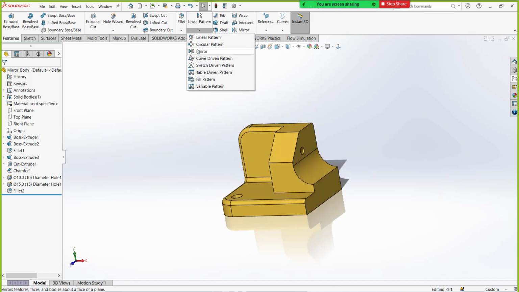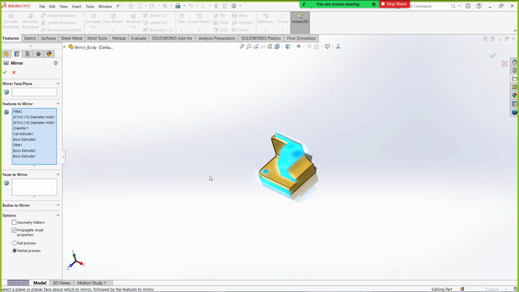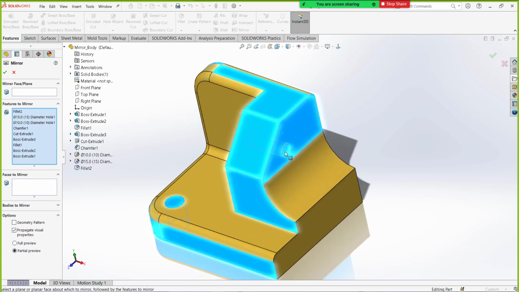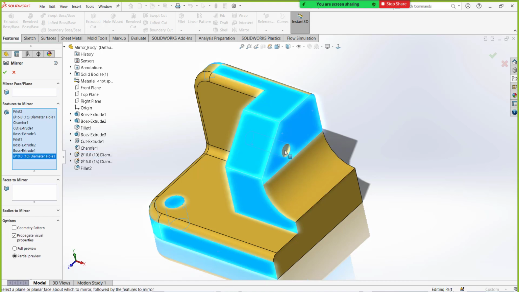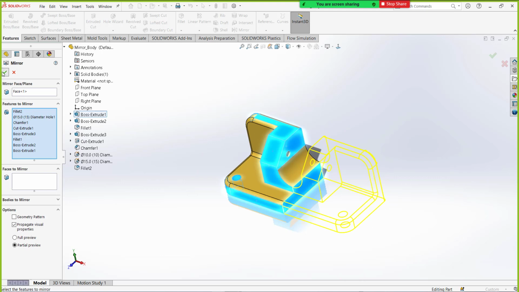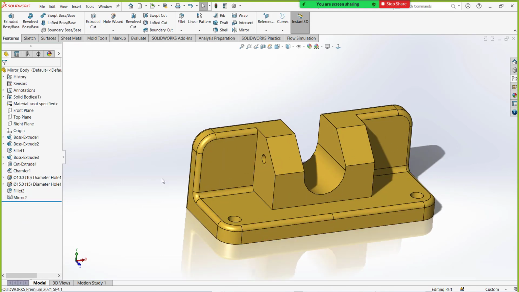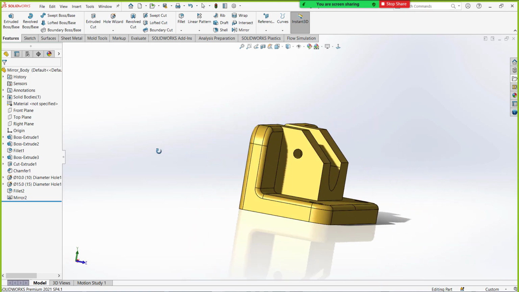In that case, you can select the mirror, you can select the face. Before that, I need the features. Select all the features, okay. And from this feature, you simply select this one, that is diameter 10 hole. It is here, right? You can simply uncheck from here, otherwise you can delete it from here. Both options are okay. And then select the face, green check. Only that feature will be eliminated and remaining things will be mirrored.